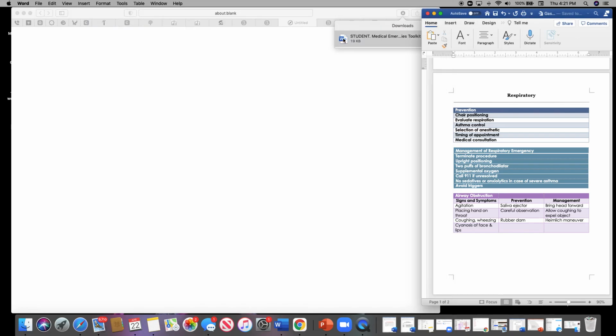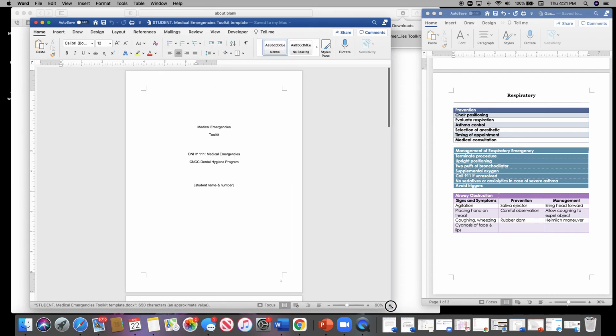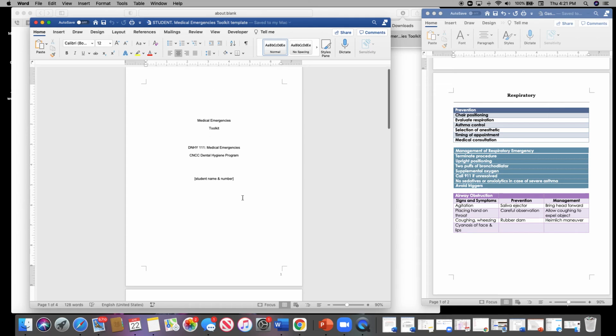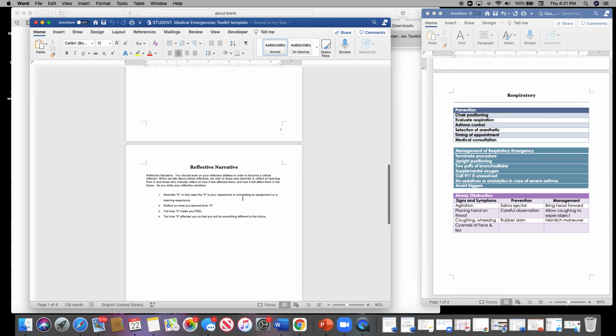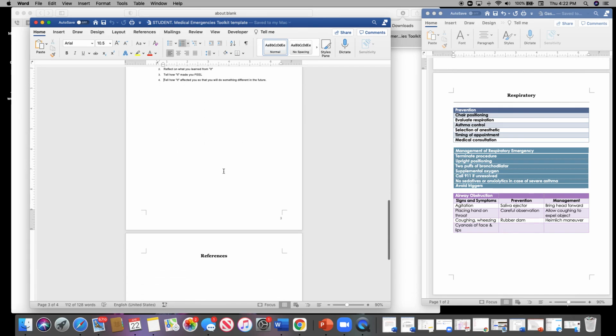And again, this is in the tutorial. But it has your layout here, right? Your medical emergency toolkit. You're going to put your full name and your class number. You've got a blank page. And then remember that you have this reflective narrative. Now, you need to make sure this shouldn't be just 4 sentences. You should have at least a couple paragraphs where you're really reflecting on this project and throughout the semester. But you need to make sure that you hit these 4 points